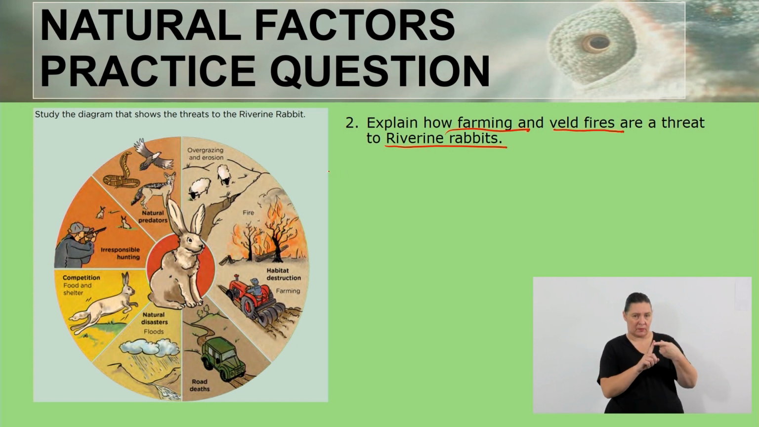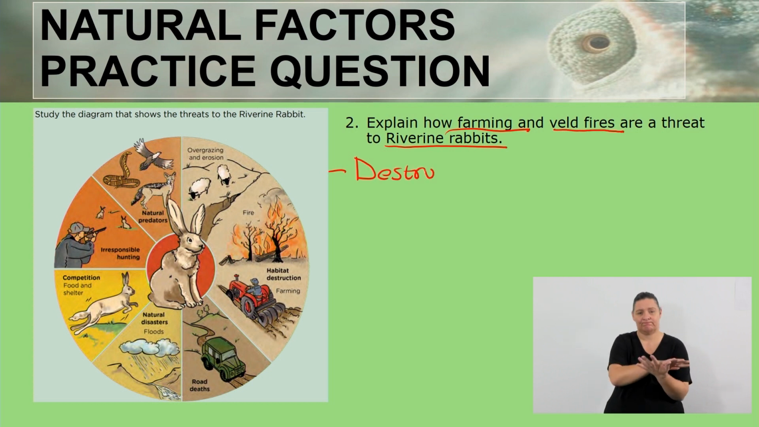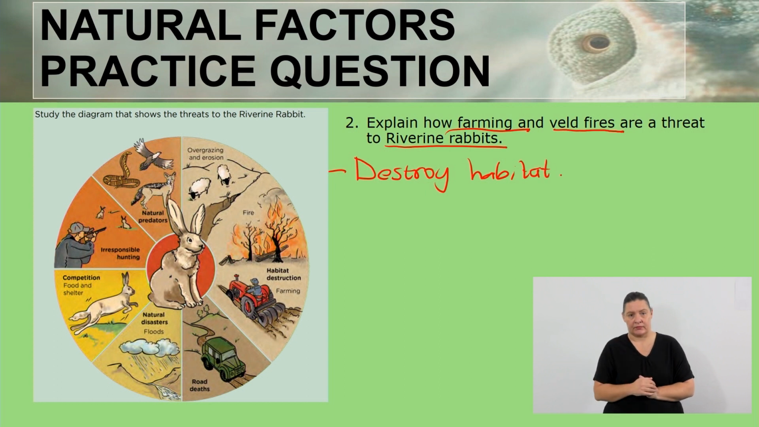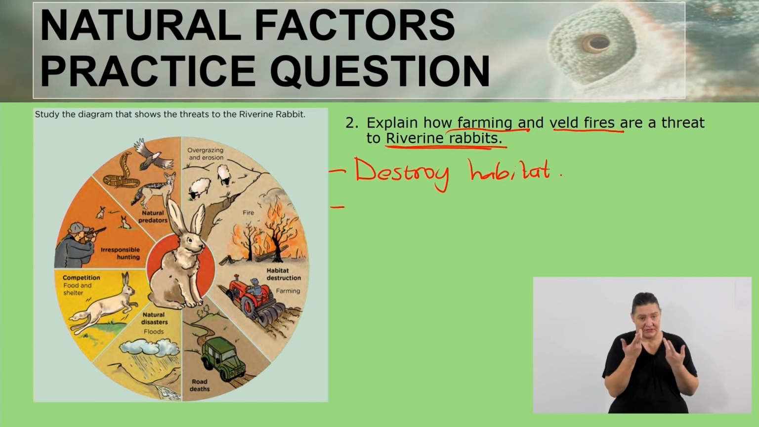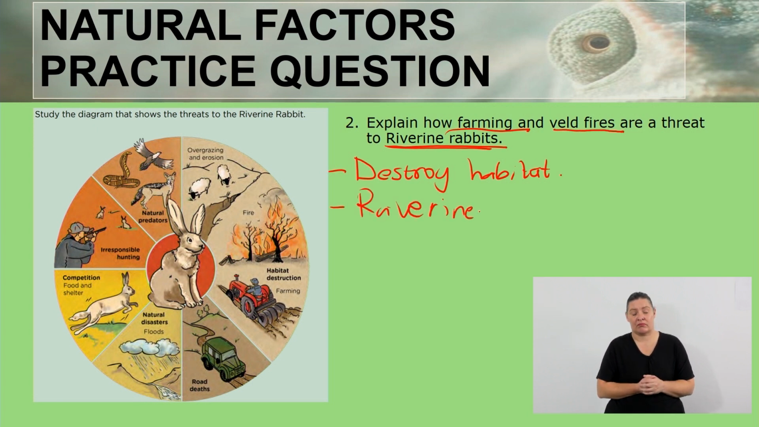So the first thing that we need to remember is that both farming and field fires do what? They destroy habitat. So the first thing that they do is they are going to destroy the habitat for the riverine rabbits. And then after that has been done, riverine rabbits will not have